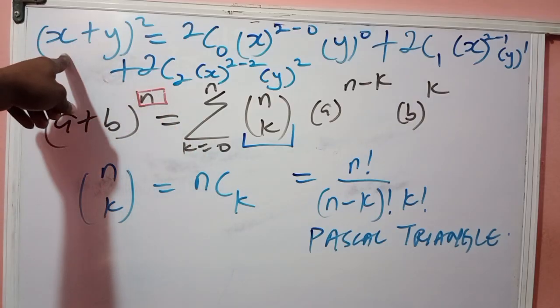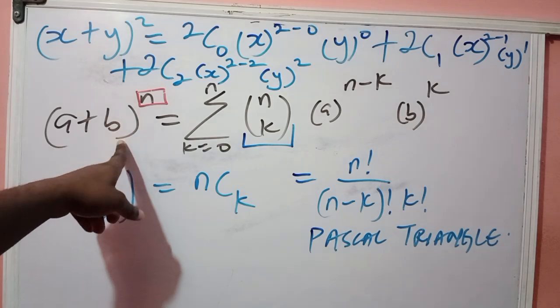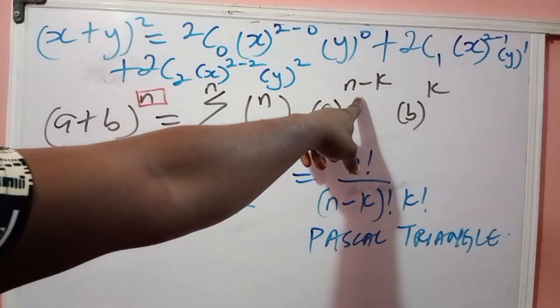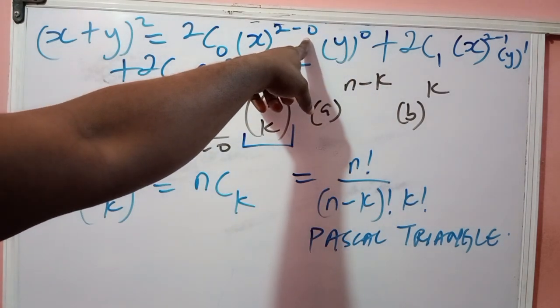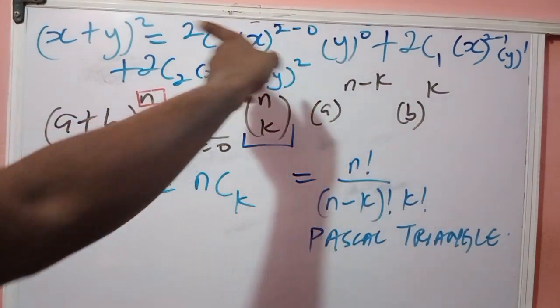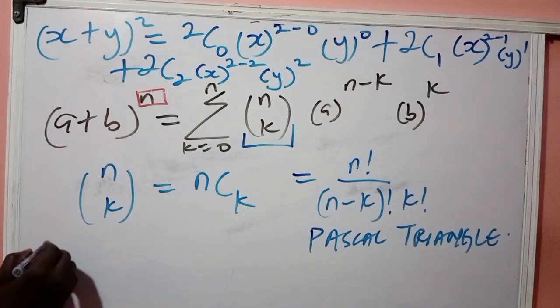And then your a value here was x, and your y was your b value. And you follow the formula n minus k, which was 2 minus 0 in this case, and k was 0. Then you go on to complete this. 2 combination 0, if you press that on the calculator, will give you 1. So solving this question here,